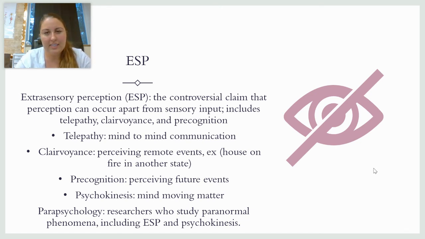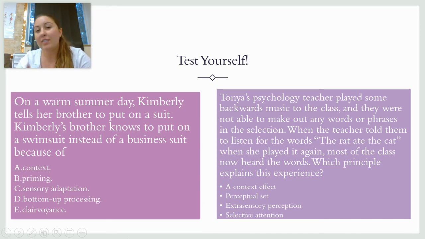Basically, the gist of this is that it's not real in the sense that it's never been produced in a lab setting, and they can never get one person to be able to produce it more than once in a lab setting accurately. And there have been times where people who have claimed to be psychics are right in their predictions, but it's no greater statistical chance than just due to chance. They're wrong as many times as they're right. So basically anybody could do it. And I want you to test yourself, and that's